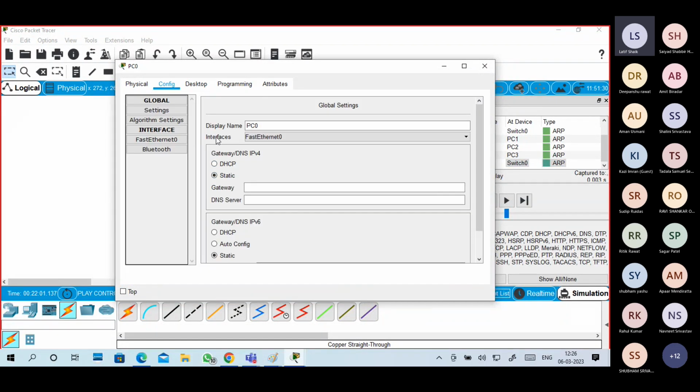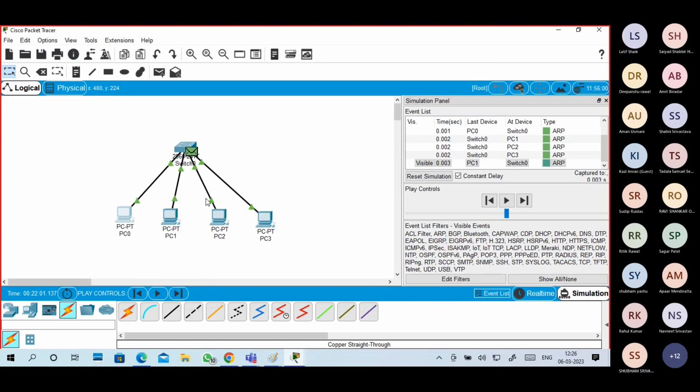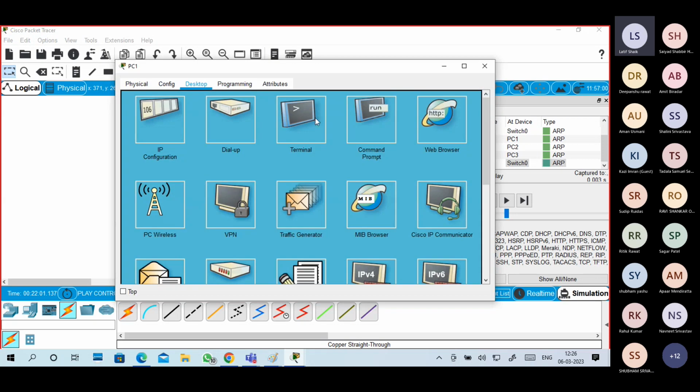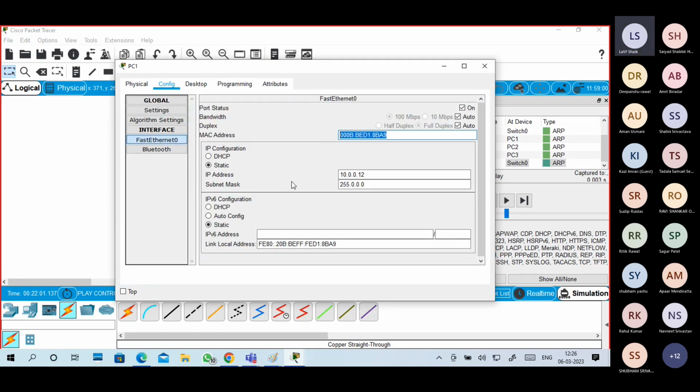Yes, can you see? This is the MAC address of the first device. The second device's MAC address is also learned, 000B ED1B A9 something, it is showing.